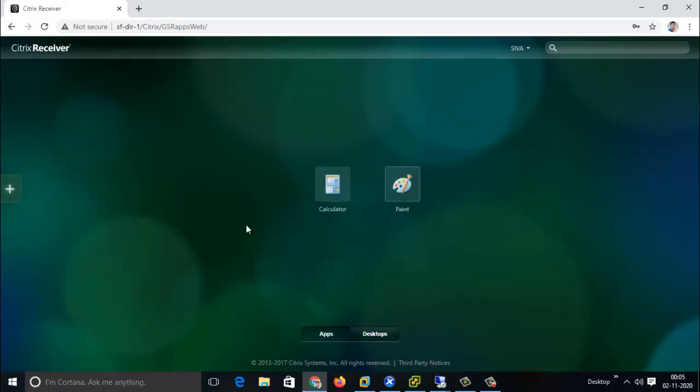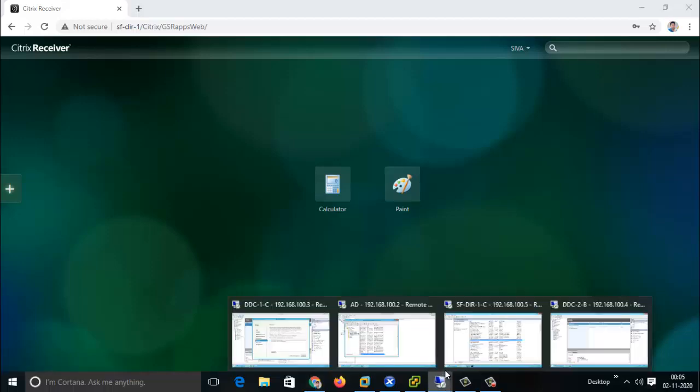See, because the Citrix Subscription Store service is running fine, it will check your previous subscriptions from the subscription database. From there it will get the information about what applications you have subscribed to, and those applications will be visible under the apps category.